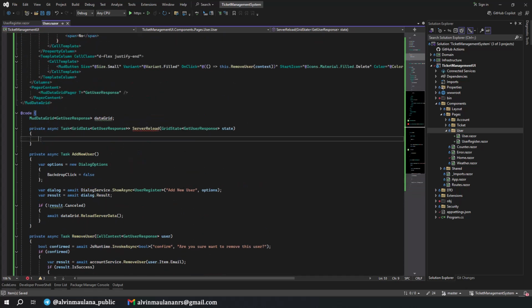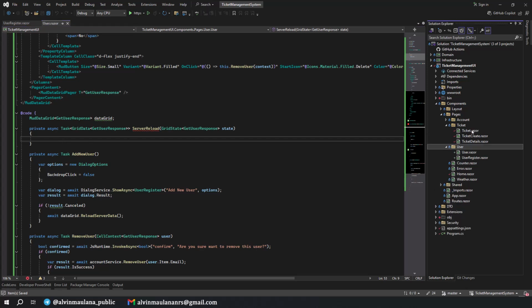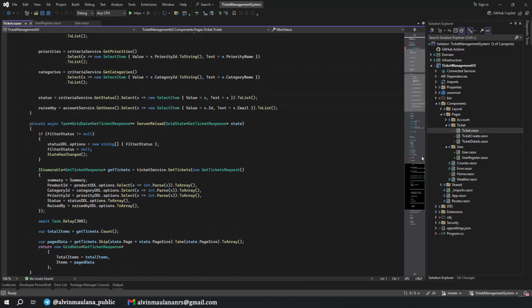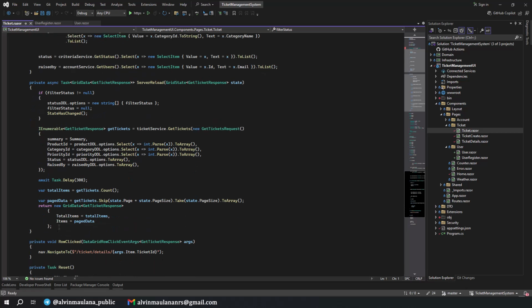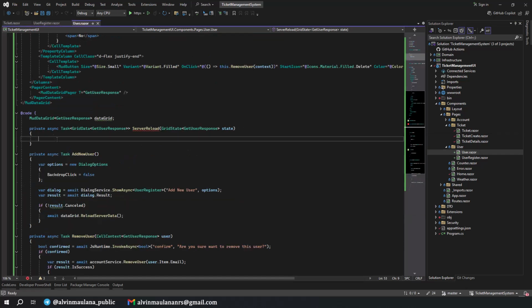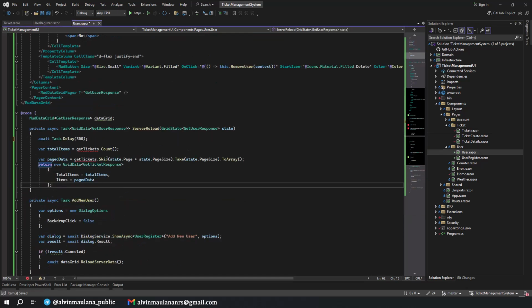Next thing we will have is showing the user data. Let me see the implementation in ticket for server reload. Okay, I want to pick this and then paste here. And for this one is get user response, and then get tickets.